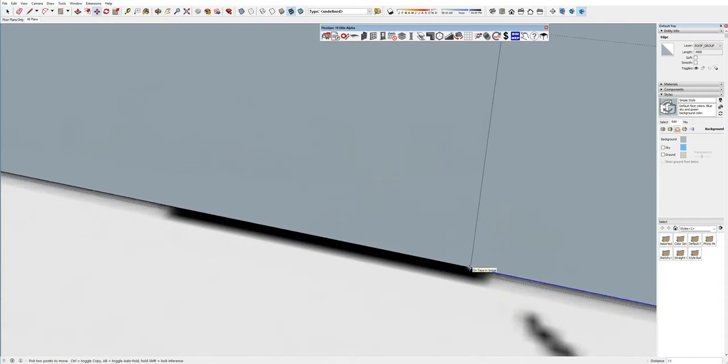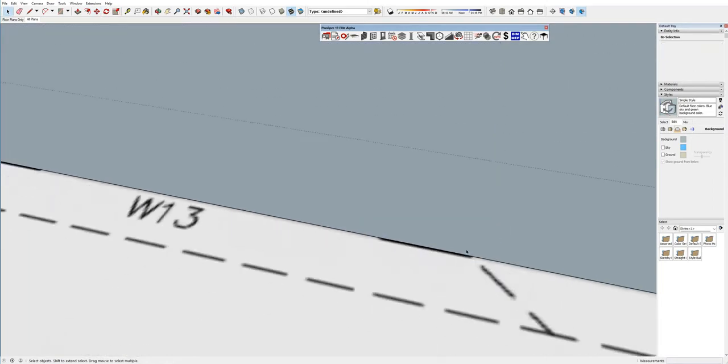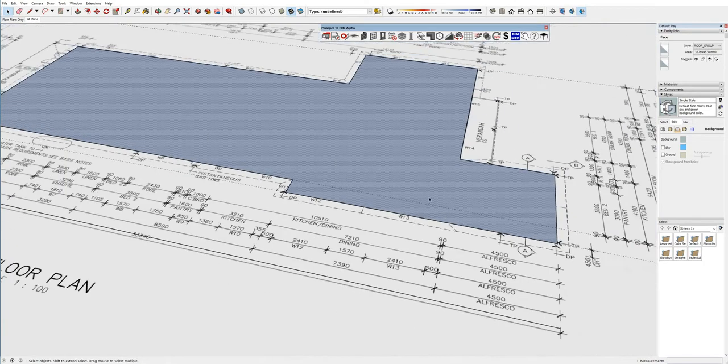You can see when I've done that, that doesn't actually work for me because it's moving the whole thing. So what I'm going to do is move that line, Move, Control, 0.001, Enter. Now I have two faces. I'm going to delete this line here, and I'm going to select the entire face,